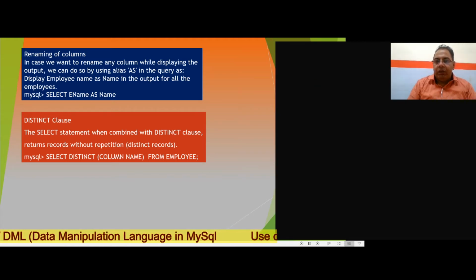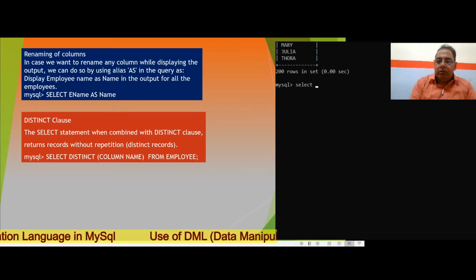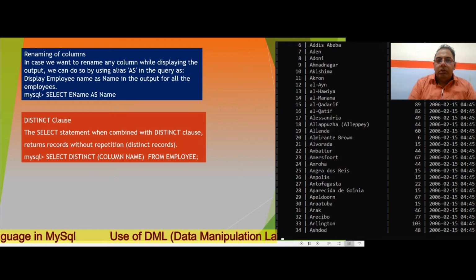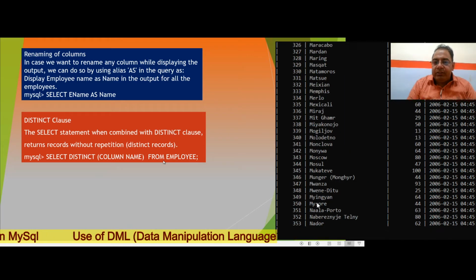Or suppose I have a city table, I just open a different table for the same. Select star from city. The city table is there, and these are the list of cities.